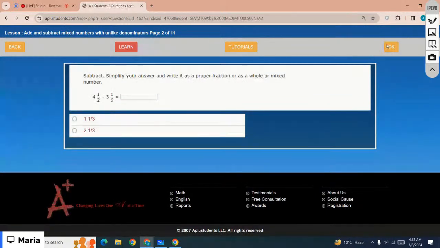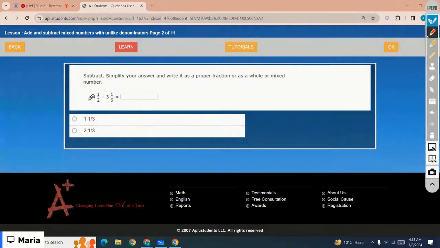So which is the correct option? Okay, let's just subtract the whole numbers first. So 4 minus 3 is 1. Now you have to do 1 over 2 minus 1 over 6, right? But you cannot, you have to make the denominators the same. 2 times 3 is 6, so you have to multiply by